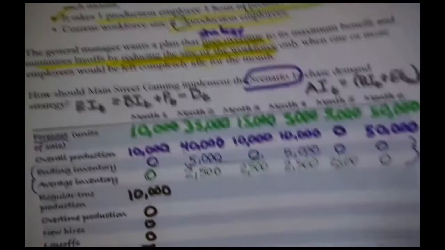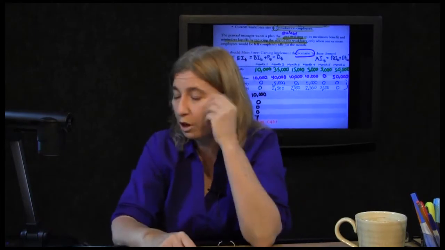Now, that was just month 1. Remember, it's just logic. Kind of picture the situation. Month 2, we're expecting a busy month. Month 2, we're going to turn around and produce 40,000 units of sale. Notice that we've already figured out with the group we have right now of 7 that we can produce 10,000. I don't think that group, even working overtime, is going to be able to produce 40,000. Okay, 4 times as much.